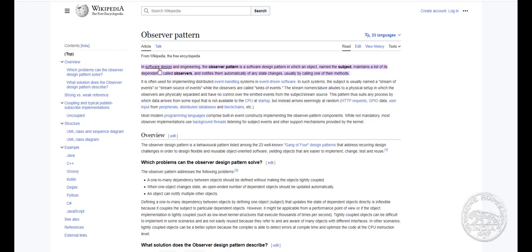So, in software design and engineering, the observer pattern is a software pattern in which an object named the subject maintains a list of its dependents called observers and notifies them automatically of any state change, usually by calling one of their methods. So basically you have something which you observe, which is known as a subject. The subject maintains a list of observers, and if something happens, basically the state changes, it lets them know that